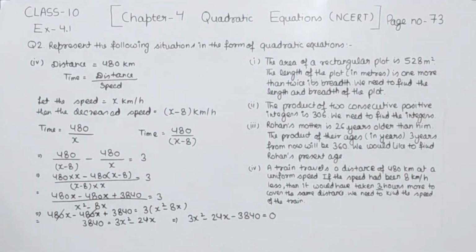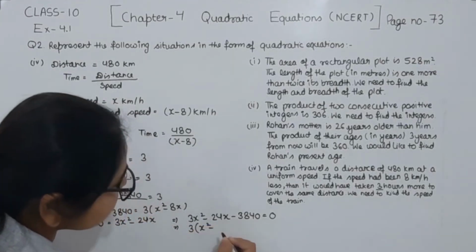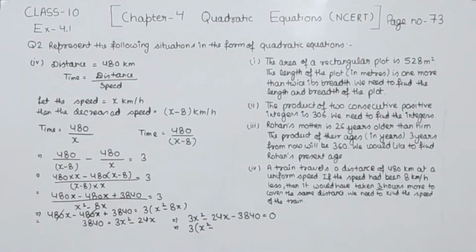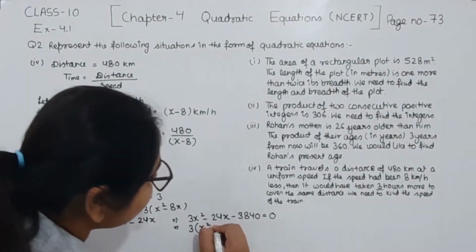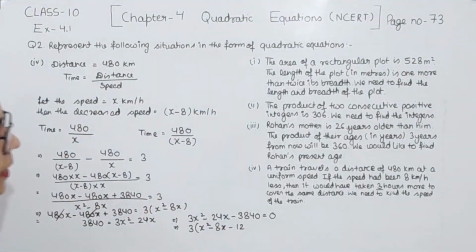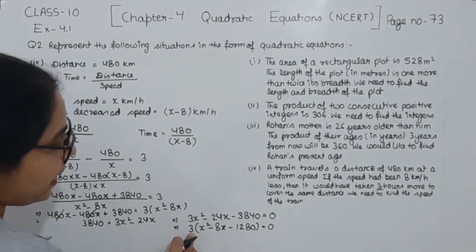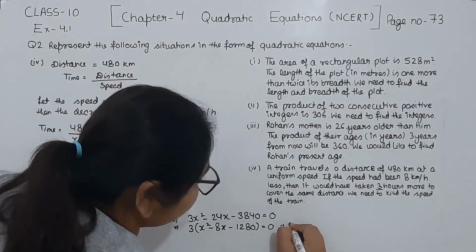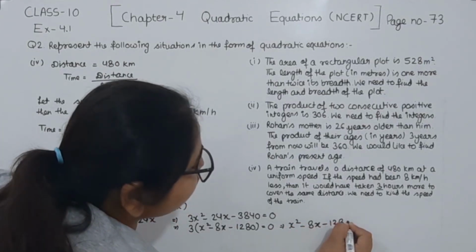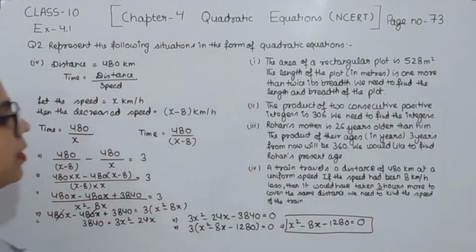Now we are going to take the common from them. So I am taking the common as 3 here. So this is x square minus, we are taking 3 as the common. We will have 3 8s are 24. So this one will be 8x, and here 3 1s are 3, 3 2s are 6. We have 2 as the remainder, 3 8s are 24 and 0. This is equal to 0. Now this is multiplying, it will divide here, this will become 0. So this is x square minus 8x minus 1280 equal to 0. So this one we are having is the required quadratic equation.